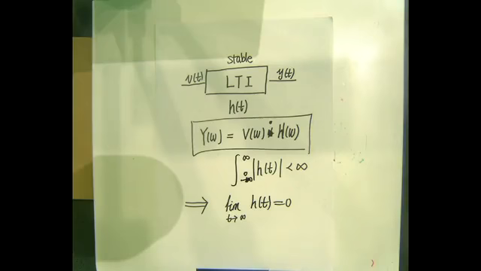Any periodic signal does not satisfy this condition. So how can we handle this? Instead of omega, which is my frequency domain, we change to the Laplace domain, where everything is well defined under very tricky conditions. So let's first